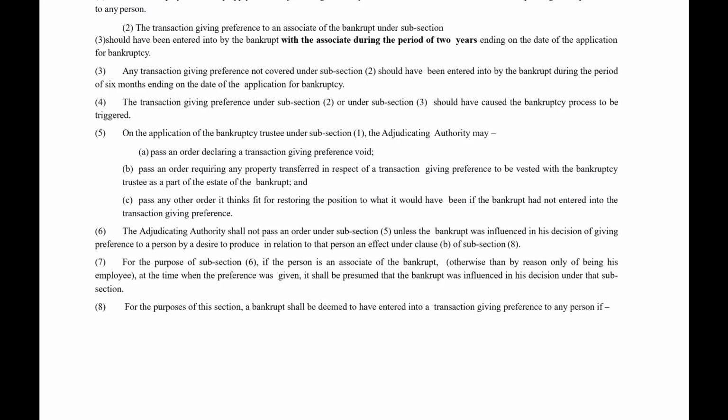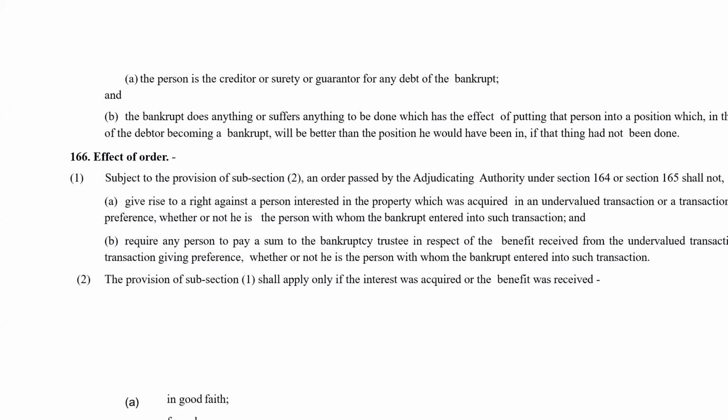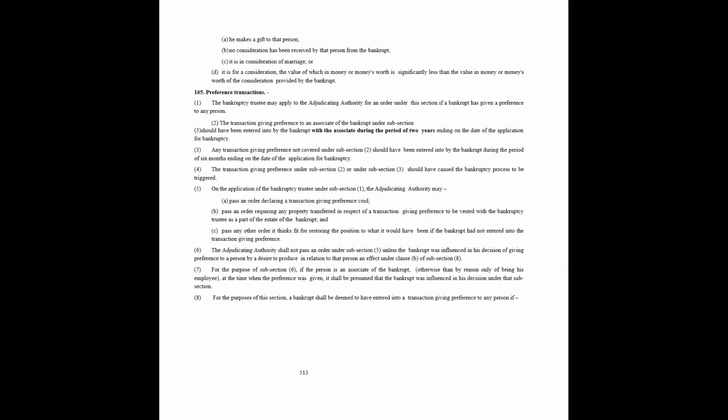For the purpose of this section, a bankrupt shall be deemed to have entered into a transaction giving preference to any person if, वही सारी कंडीशंस जो आपकी 43 में है। The person is the creditor, surety or guarantor and the bankrupt does anything or suffers anything to be done which has the effect of putting that person in a position which, in the event of the debtor becoming bankrupt, will be better than the position he would have been in if that thing had not been done. वही 43 वाला ही चीज है। 43 में क्या है? वाटरफॉल मैकेनिज्म को चेंज करता है। यहां पर ये वही बता दिया कि भाई ही विल बी इन ए बेटर पोजिशन।